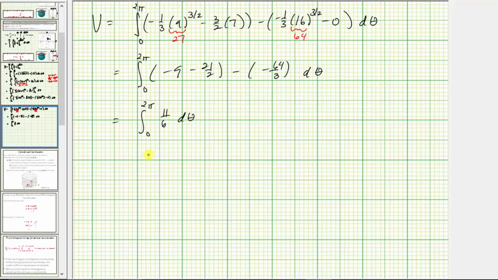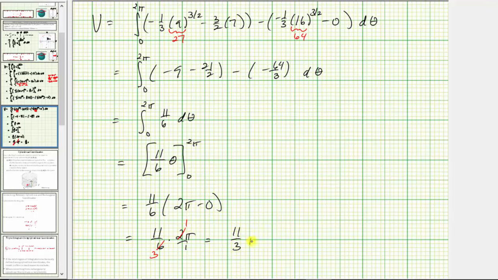The antiderivative is 11/6 theta. Then we find big F of b minus big F of a one more time, which is 11/6 times 2 pi minus 0, which equals 11/6 times 2 pi. Simplifying, the exact volume is 11/3 pi, and this would be cubic units